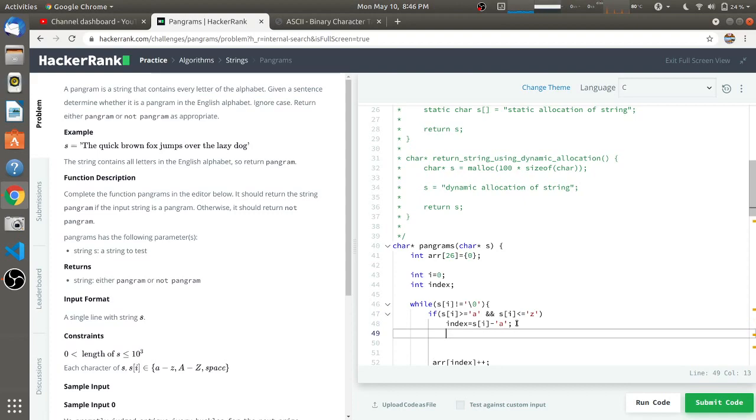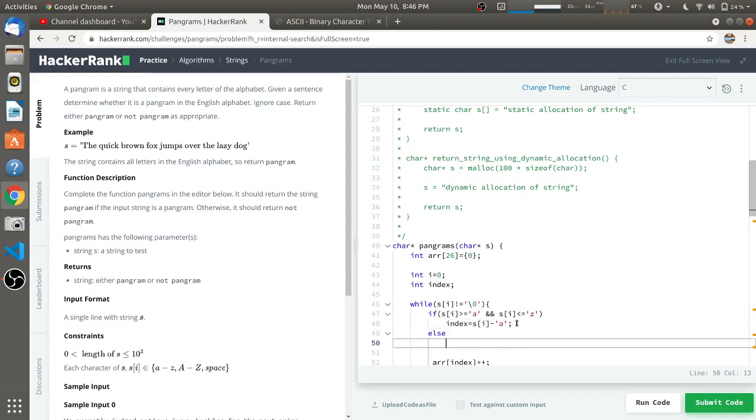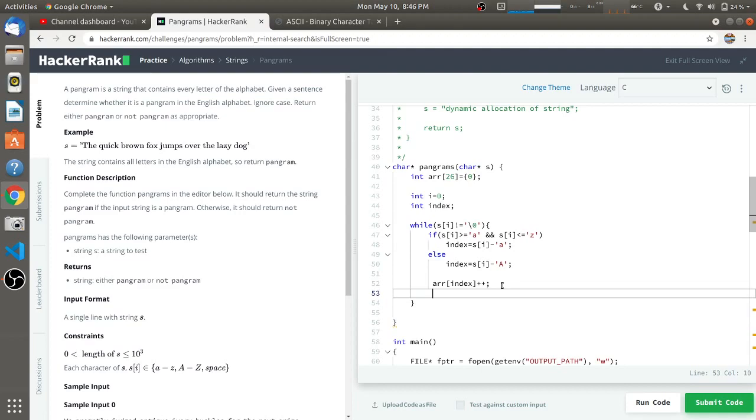For the capital letters we have to do one more thing, that is the else part. In the else part, index equal to s of i minus capital 'A'. So this will work for all the letters in the alphabet, and we have to give the increment operation for this while loop.